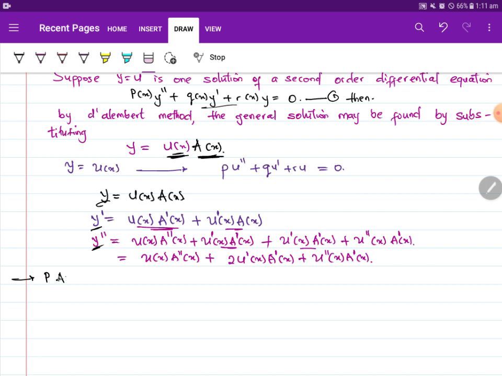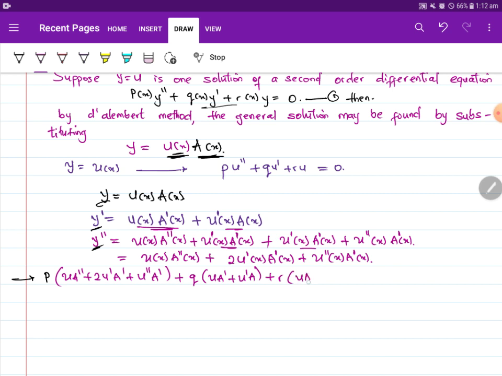Okay, let's just take it one after the other. By substituting this into it, I can say it's the same thing as p into bracket u a prime prime plus 2u prime a prime plus u prime prime a, close the bracket, plus q into bracket, what's the first order derivative? That's u a prime plus u prime a, close the bracket, plus r into bracket, what